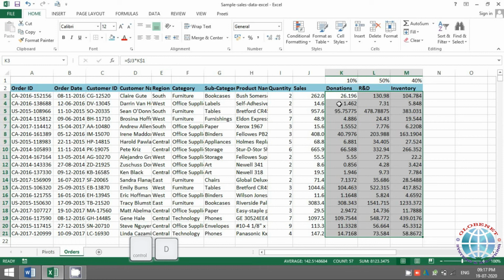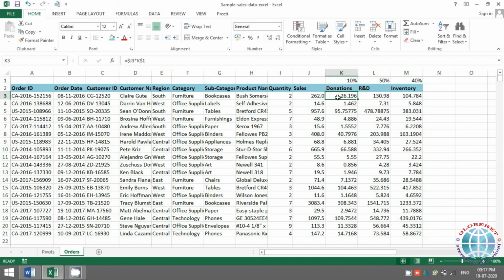So if you see, I just put effort into one formula and I tried to fix this reference in such a way that it works for this entire range. So if you come to any cell and check, the formula is perfect, as in it will always select the sales value because here my column is fixed but the row is not fixed, and it will always select the values here because my column is not fixed but the row is fixed. So you have to understand based on how your data is placed how to keep these references. Such kind of references wherein you are freezing only the row or only the column is called a mixed reference.